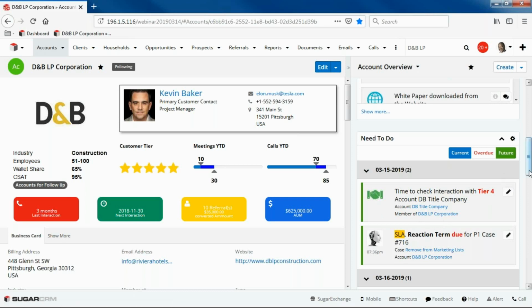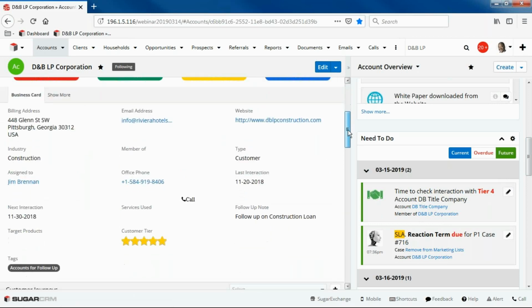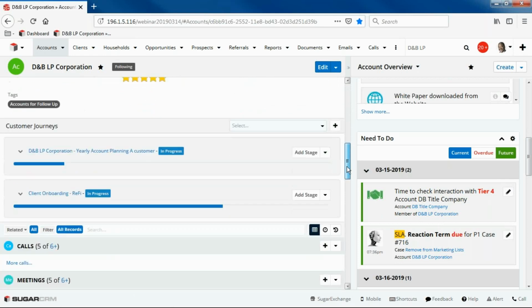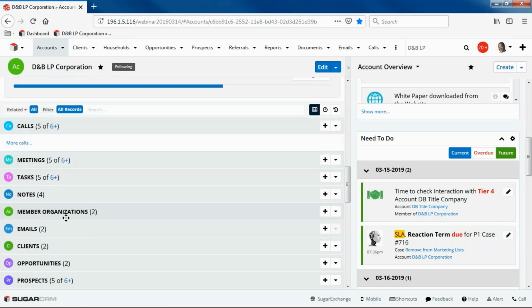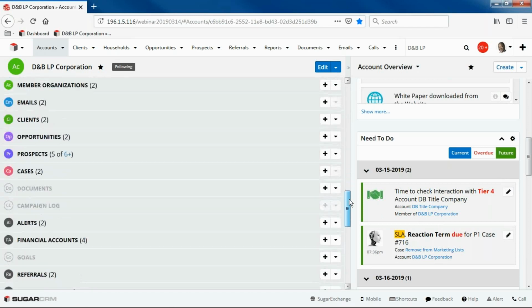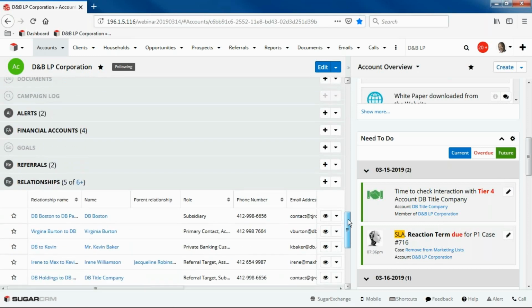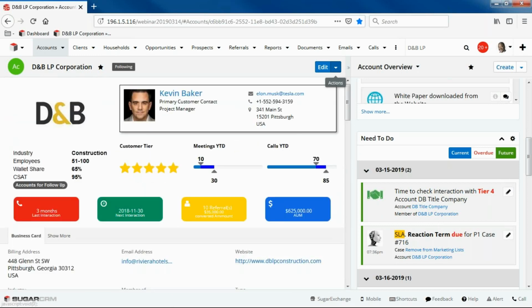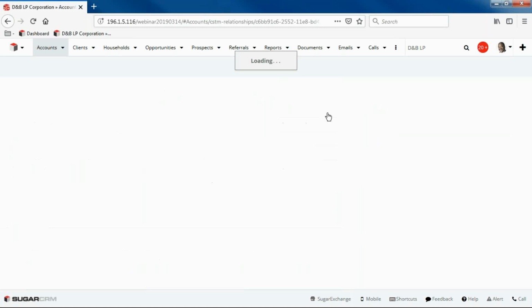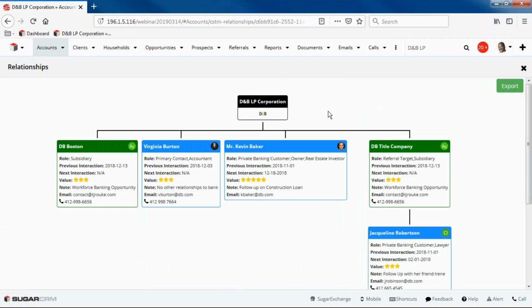Of course, you can check the information regarding subsidiaries via the Sugar interface using the member organization subpanel, which shows the parent companies and member companies, or even the relationship modules, or even check this information via a special relationship interface that shows the relationship between the